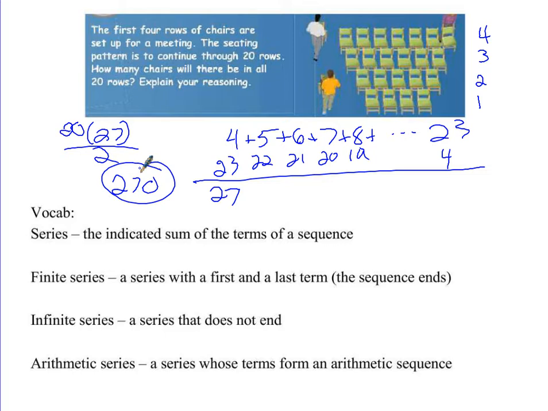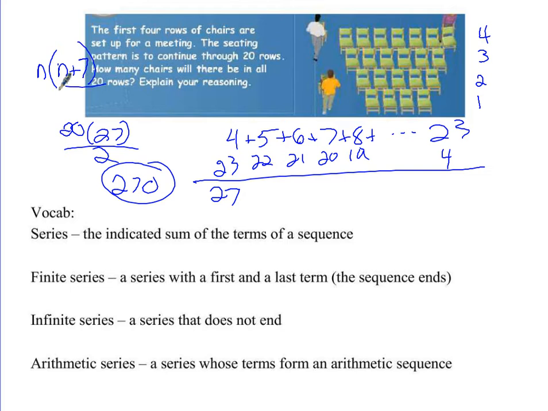So we could actually come up with a pattern just after seeing this one example right here. We could come up with the rule for any number of rows if we wanted to continue this thing. Based on what you see here, if I wanted n rows, what could I write? N times, look at what we have here. N plus, if this is 20, then that's 20, and I needed 27,